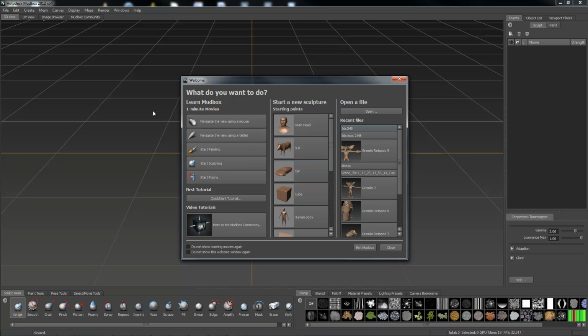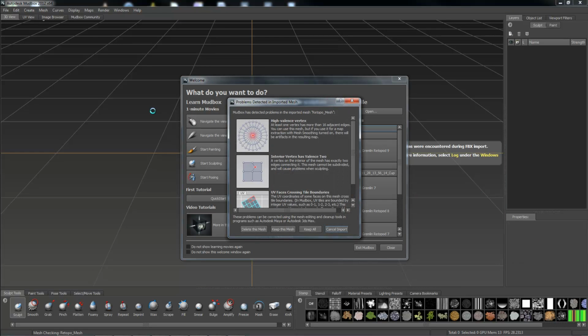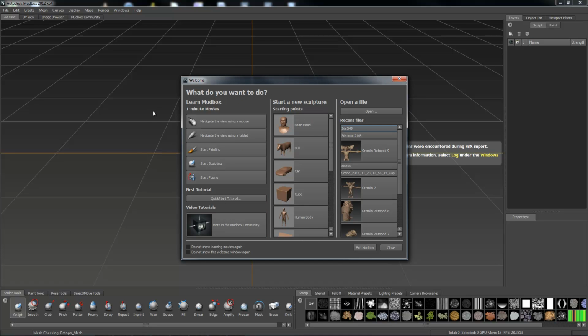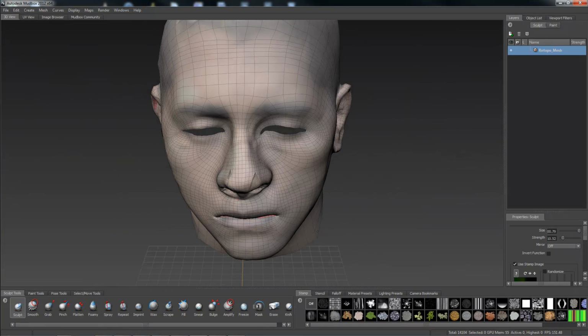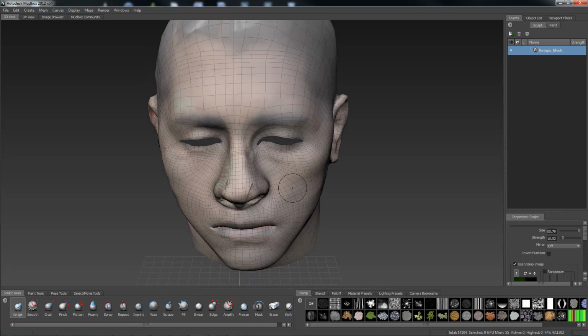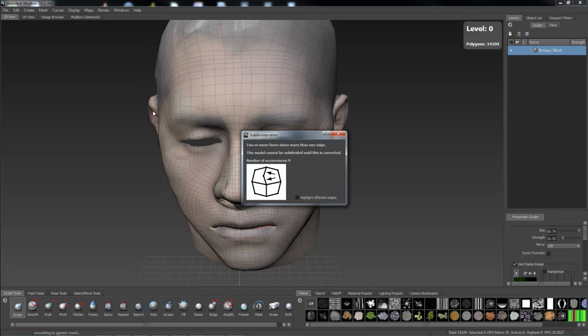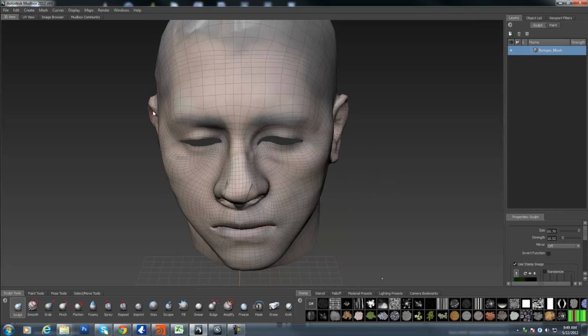So we got that. We'll just re-import the scene. Yep, we'll keep the mesh. Cool. So we'll go ahead and try to subdivide. And yes, we identified the problem. The problem is having a vert in the middle of an edge that's not really creating anything. So if we go back to Max here,